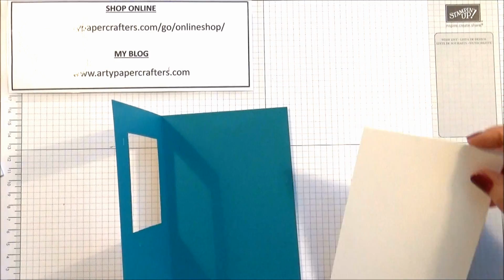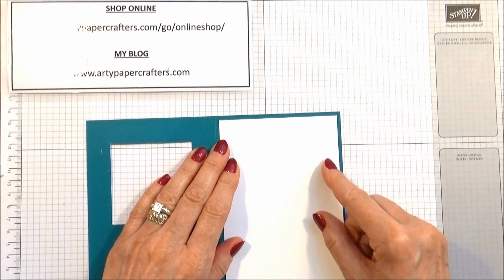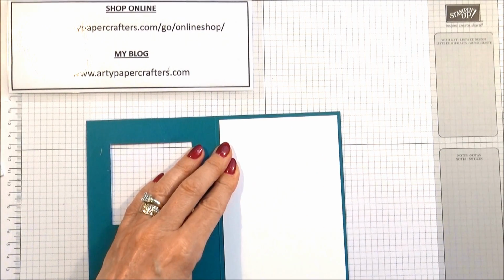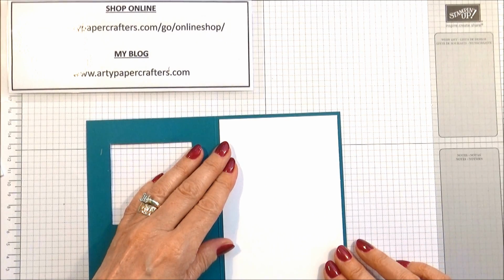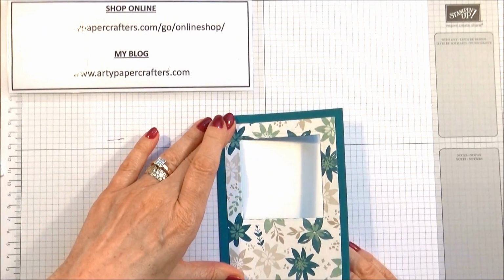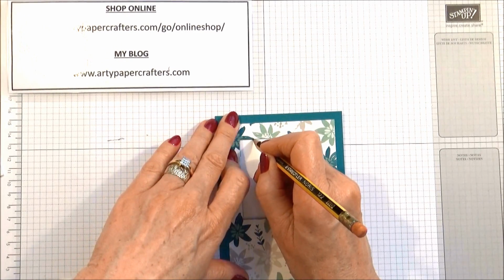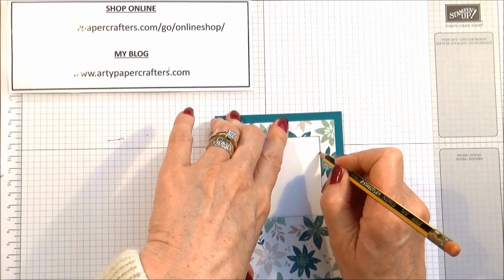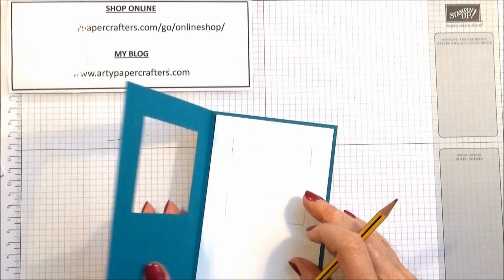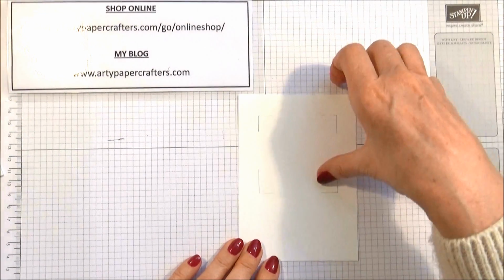So what we need to do now is position the inside with a nice border all the way round, and close our card up onto it, and with a pencil I'm just going to mark where the corners are so that I know where to stamp, like that. So now we can do our stamping,